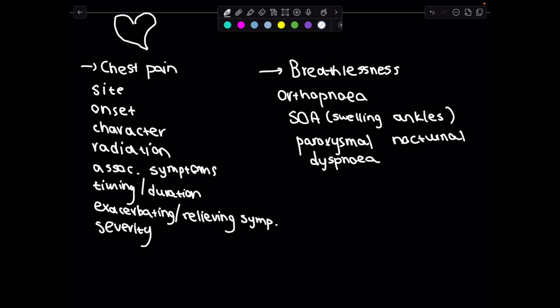Site: chest, felt as heart racing or skipping. Onset: sudden, arrhythmia like AFib, or gradual, anxiety related. Character: fluttering, pounding, irregular, or regular thumping. Radiation: usually none. Associated symptoms: dizziness, fainting, syncope, suggests serious arrhythmia, shortness of breath, chest pain. Timing: episodic, seconds to hours, or persistent. Frequency, daily, weekly, and duration, seconds, minutes, are critical to distinguish benign